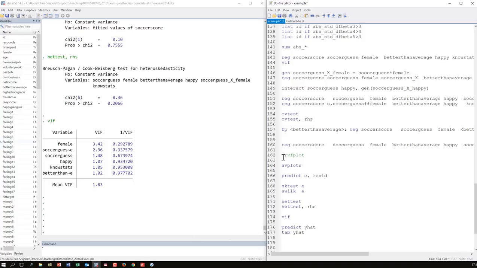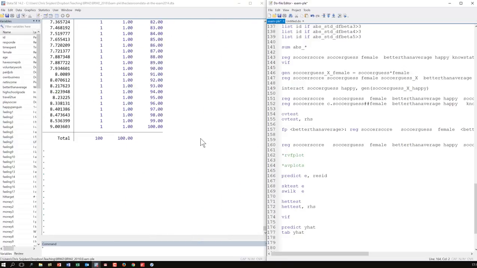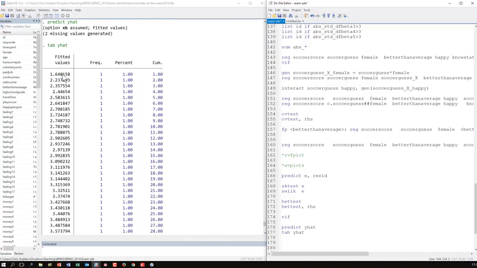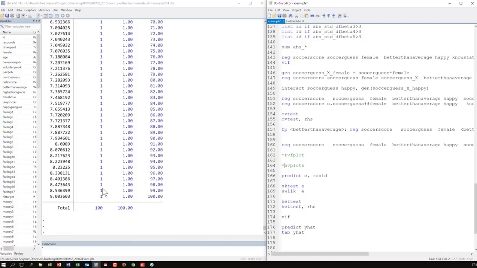Okay, I don't want to see these plots again because it takes too long. This is a tab of our predicted values, and there are values starting from 1.6 all the way up to 9. So they're even within the 0-10 interval, and we could have had values above 10 or below 0, but we're lucky here apparently. So this would be an argument, okay, let's not bother with trying to transform our y variable in some way so that we can make sure that they are between 0 and 10, because they are, at least in the data. So at this point I would stop and say, okay, I did all that I can do.